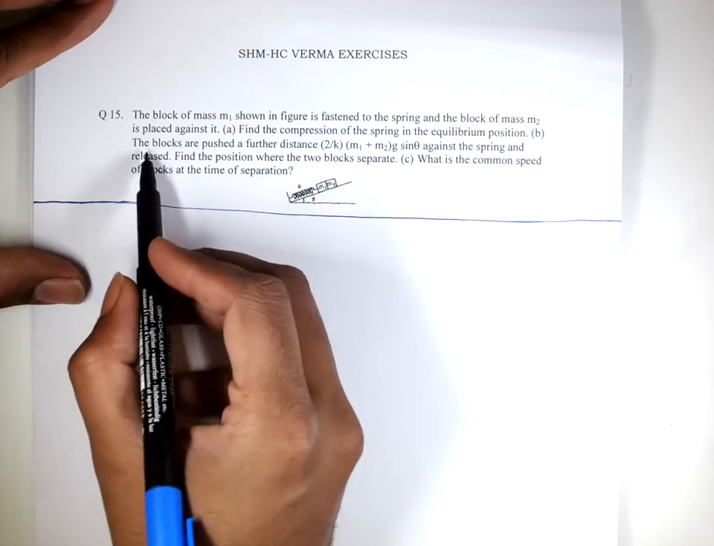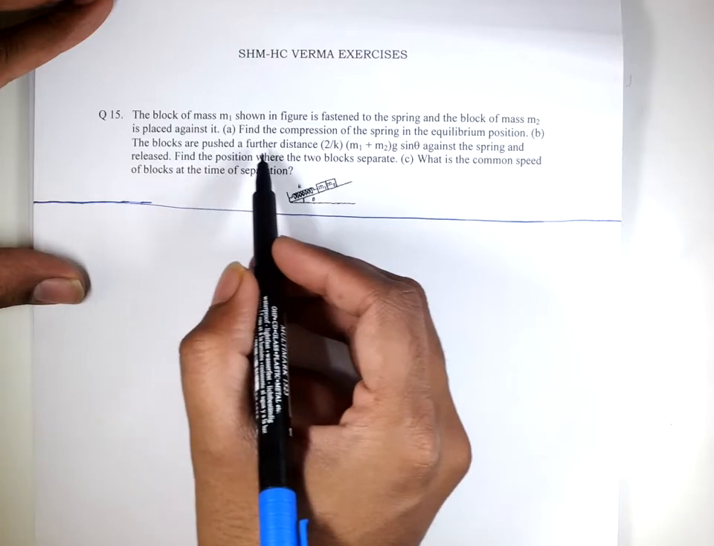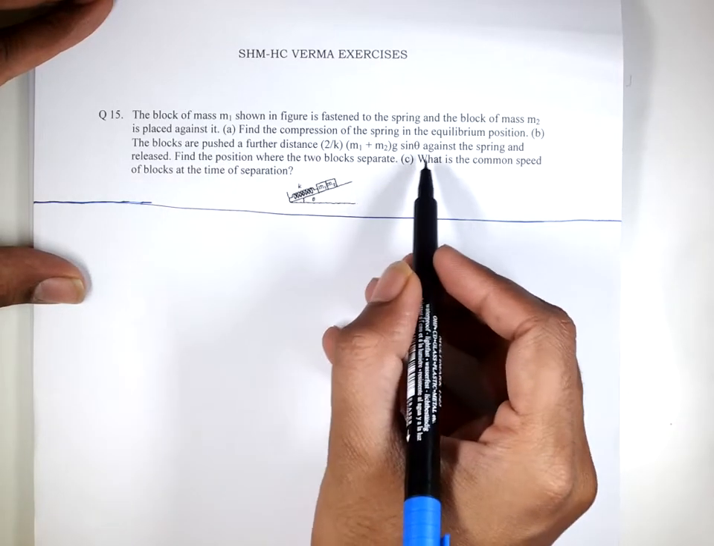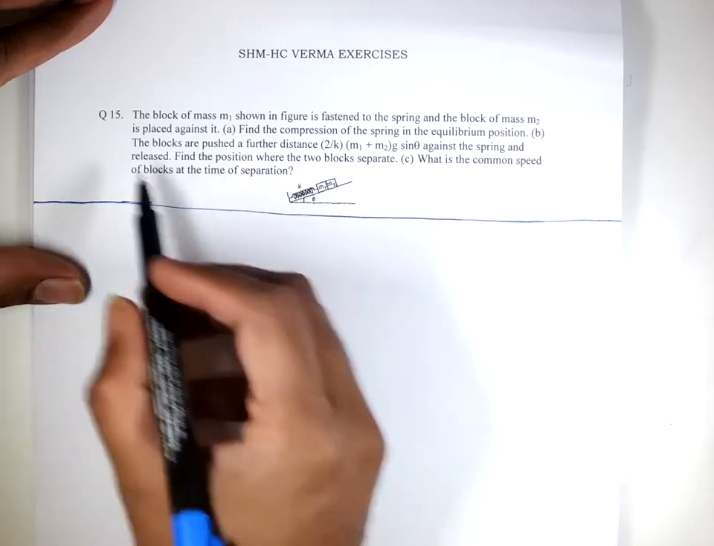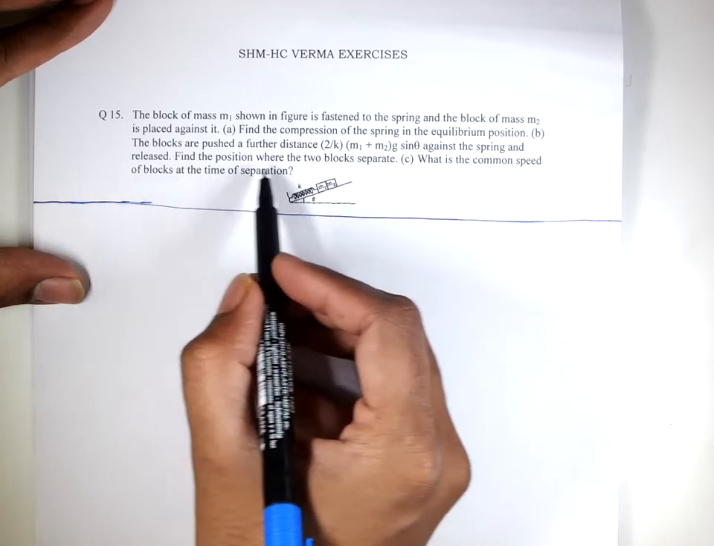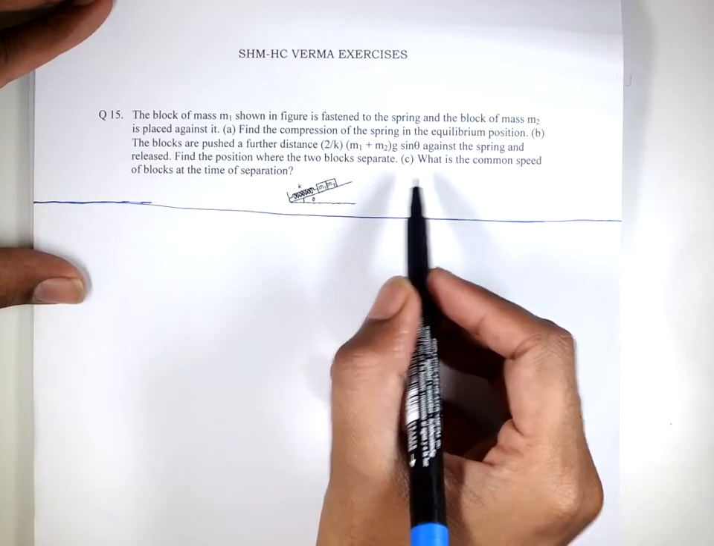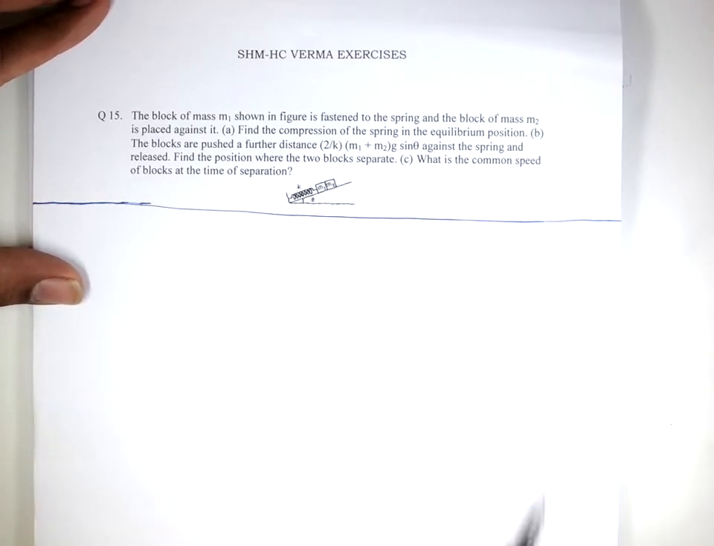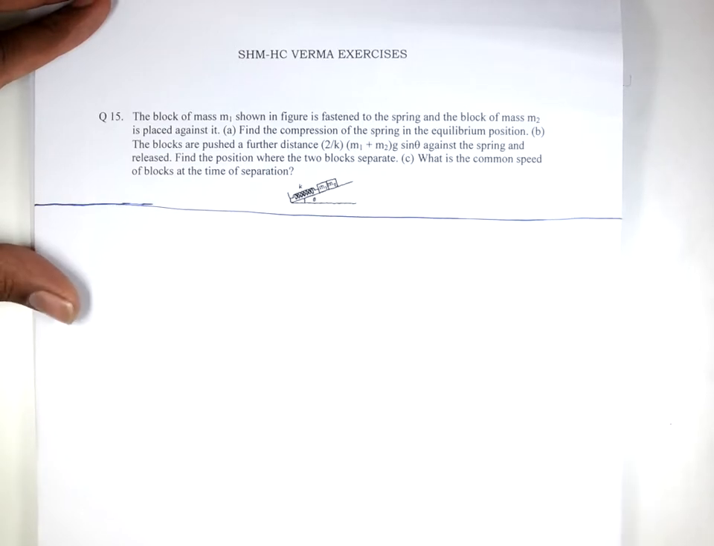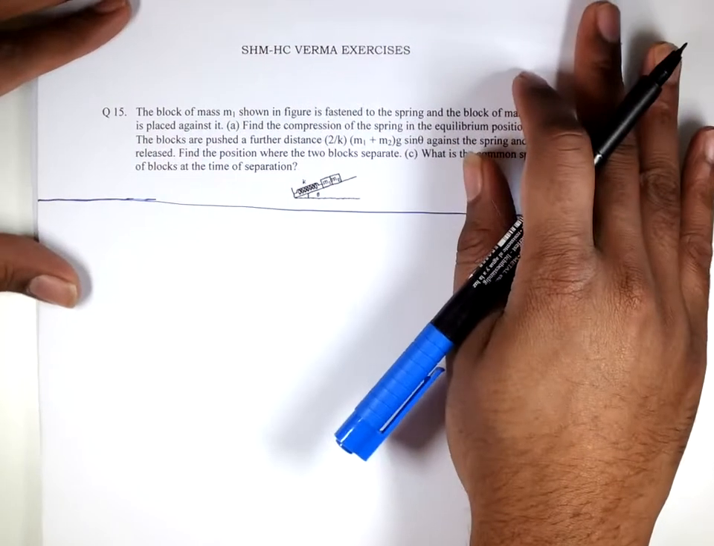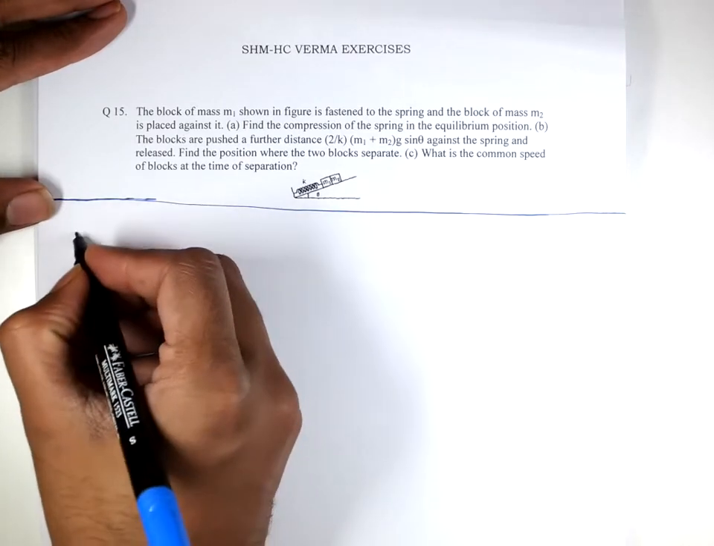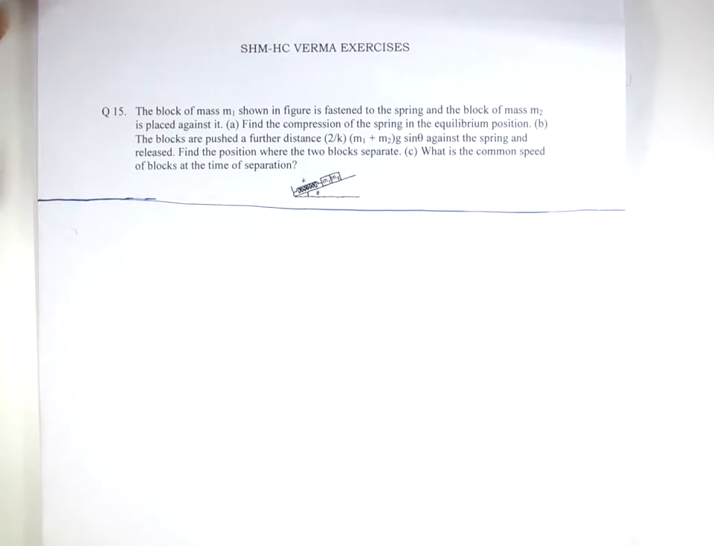The second part is, if the block is further pushed by a distance 2/k times (m1 plus m2) g sine theta against the spring and released, find the position where the two blocks separate and what is the common speed of the blocks at the time of separation. Now this is basically a case which has very little to do with SHM, but is a case of mechanics, in which, let's call for the first part over here, we have